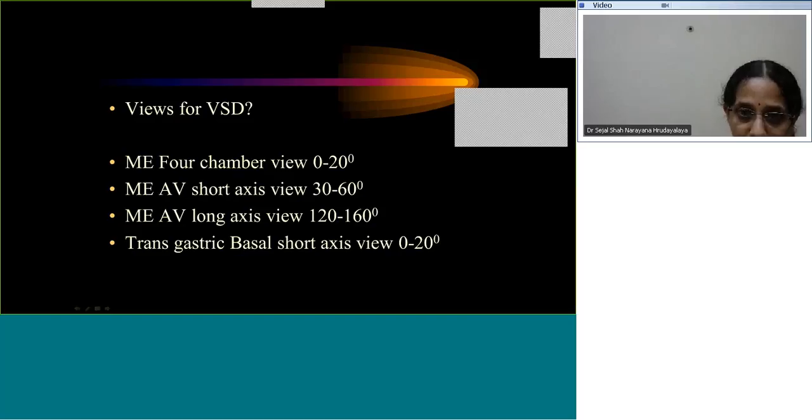And then the transgastric basal short axis view, we will see the anterior, mid and posterior VSDs at a particular level. If you are having a transgastric cut at the AV valve, we will also see the inlet VSD. So I think